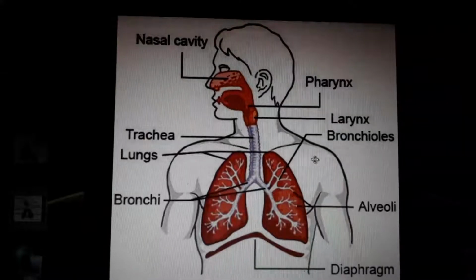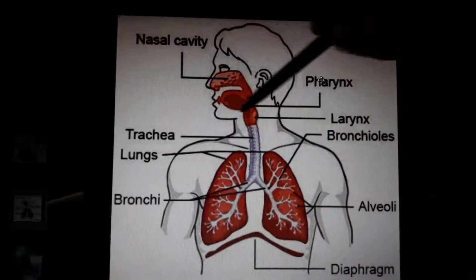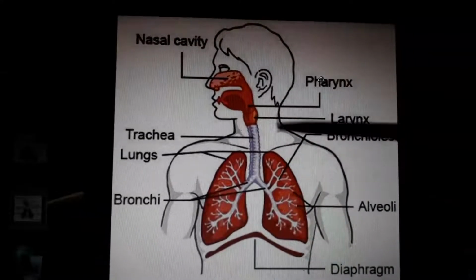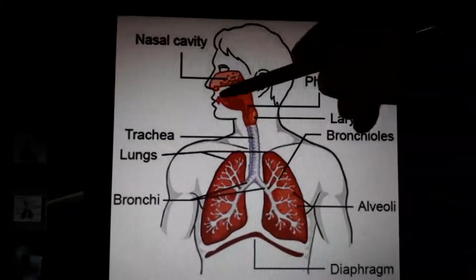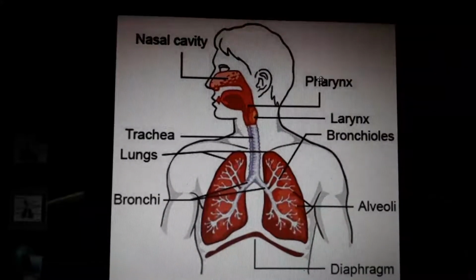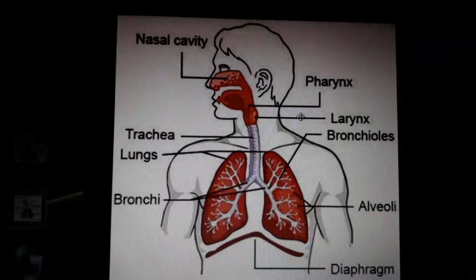Actually, the pharynx acts as a gateway. Understand? It is a two-way door. You already studied this cavity before in digestion, isn't it? The same pipe is there in digestion. What is the name of that pipe? The esophagus or food pipe. But here also the same pipe is there. Just imagine the food we are eating goes inside the lungs. What will happen? Oh my God, big trouble will happen. But imagine the air we are breathing goes inside our stomach. What will happen?